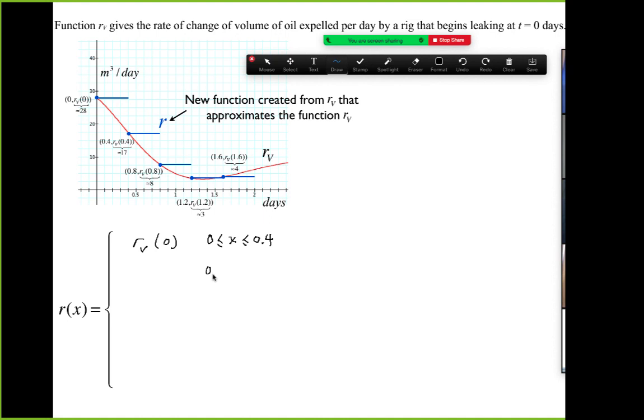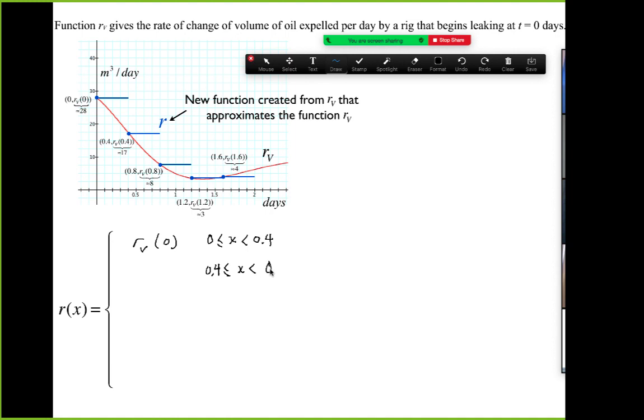Go ahead. Wouldn't it include 0.4 for the first one for the interval? So let's see here. Yeah, so I'm doing, let's see. No. So you mean not include? Yeah. Okay. There's something that's going to happen here where it's going to be opposite what we think, but we'll just go with that for now because that's the way the graph shows it, right? So it shows it equal at the beginning and not equal at the end. Okay, so this one will be